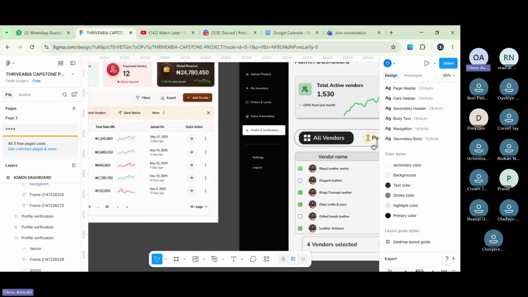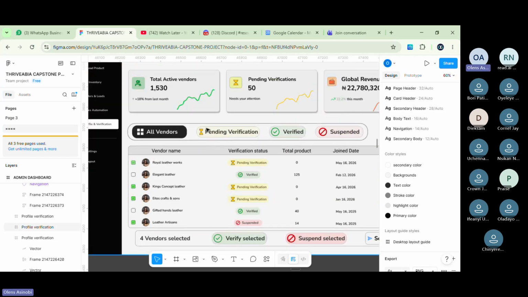What now happened? This thing, it looks like if you guys were starting now, like if this was your very first design screen, I tell you the truth, I would have been very, very happy. Like I would have given you a shout for joy. Like I would have given you an applause if this was your very first design screen, right? That time that we started this dashboard, this is the first screen. If this was the first screen that you gave me, quite fine. This is an improvement from your initial dashboard screen.